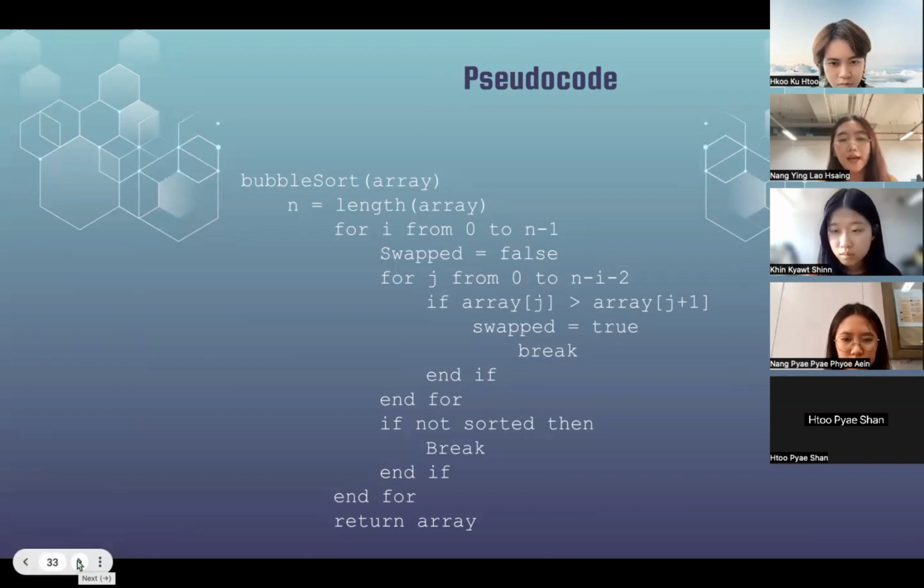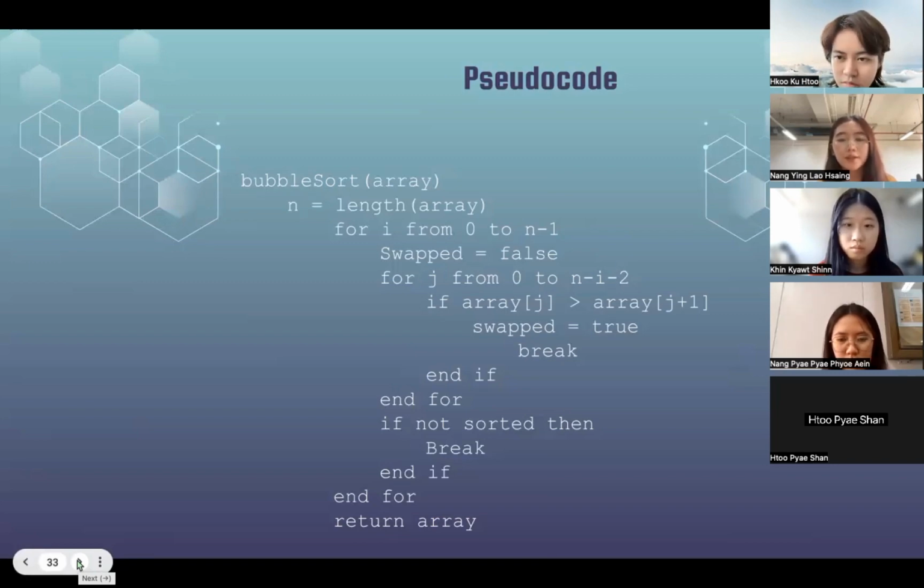Therefore, the n minus i minus 1 element is the last element that needs to be compared with its neighbor in each iteration of the inner loop. But since we are accessing the j plus 1 element in the inner loop, the inner loop range should go up to n minus i minus 2. If